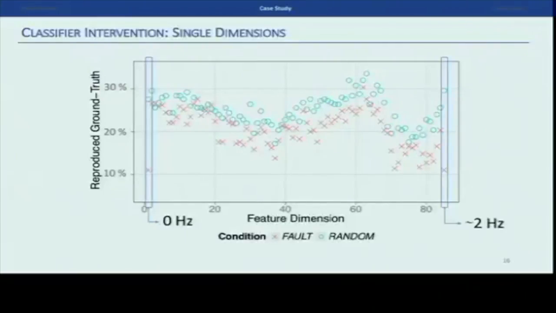Next one, the one around 2 Hertz. I don't know why they ordered it that way. It's dimension 85, by itself, even higher, even closer to 30%. So it seems that there is actually information below 20 Hertz in those recordings that the systems might exploit. Interestingly, in both cases, we see the biggest drops between random condition and fault condition.